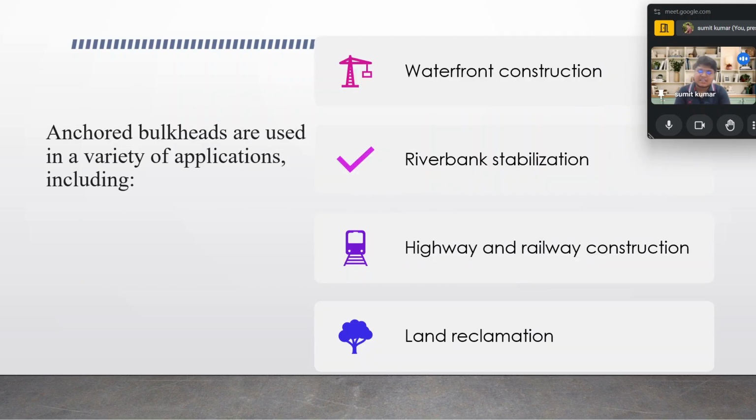Okay, so anchor bulkheads are used in a variety of applications. What could those applications be? Waterfront construction, obviously, river bank stabilization, highway and railway construction, land reclamation. Specifically, if some work is going on for the construction of a highway or railway, anchor bulkheads are created to sustain the soil mass over there. If some land improvement takes place, or soil improvement techniques are implemented over there, the anchor bulkhead